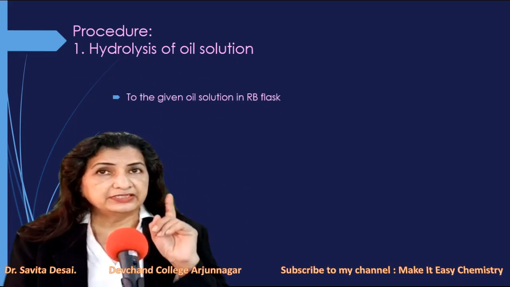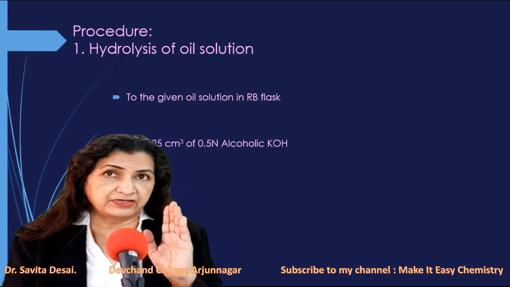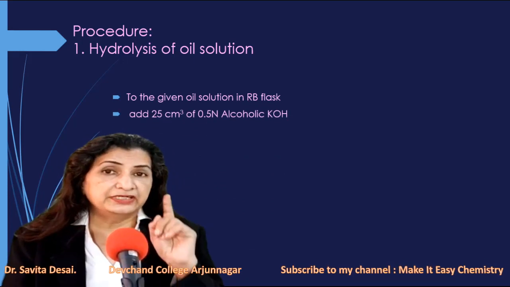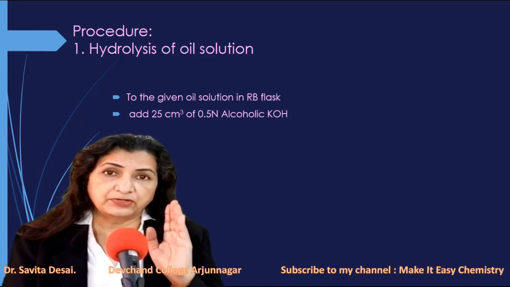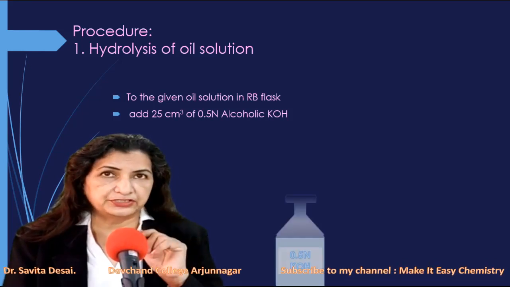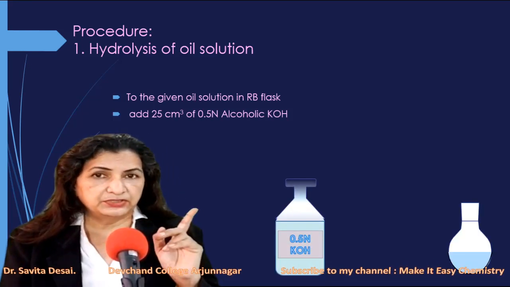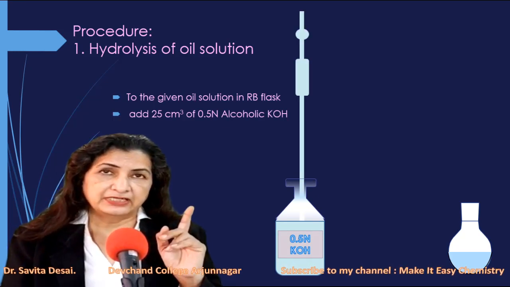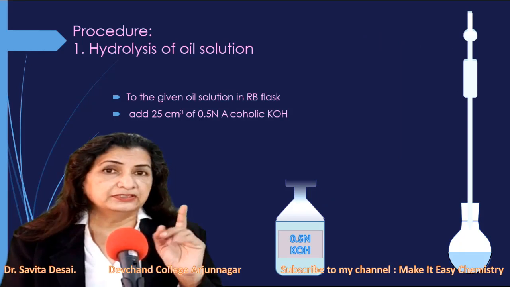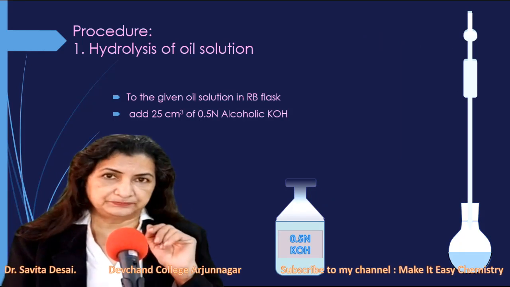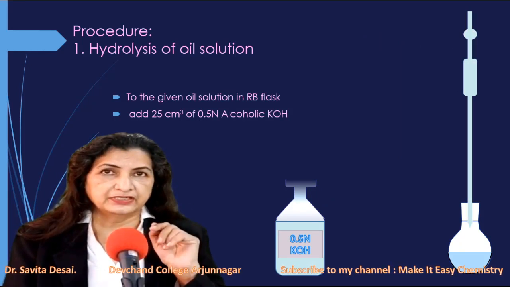First of all, to the given oil solution in the round bottom flask, we are going to add 25 cm cube of the given approximately 0.5 normal alcoholic KOH. Alcoholic KOH is provided to us. We pipette out 25 cc of that and pour it into the given oil solution. This is done, and then